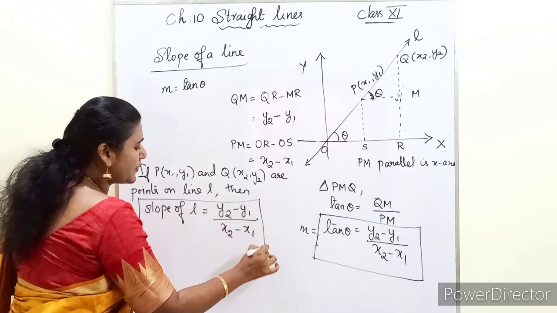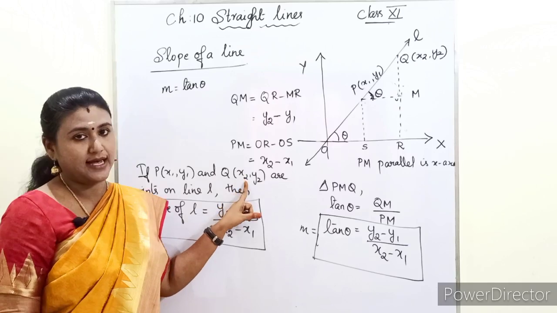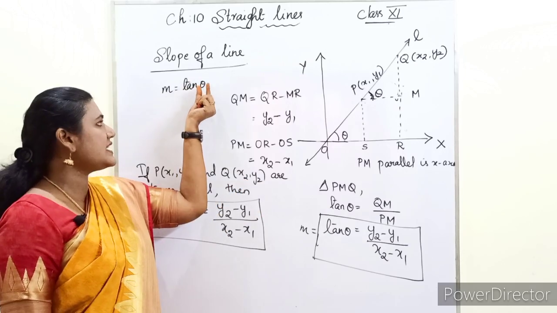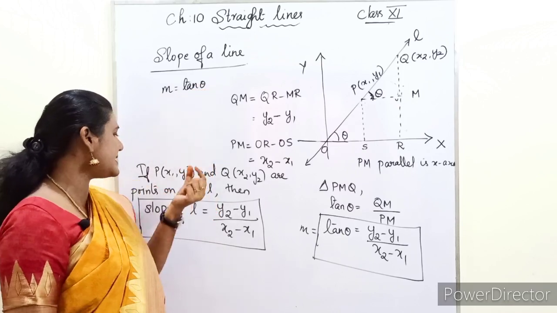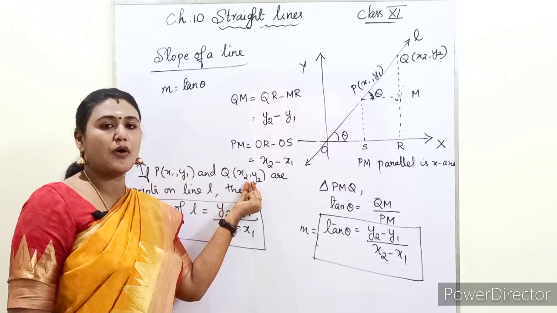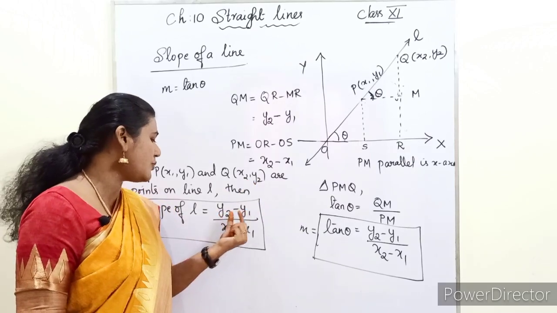So if the inclination angle is given, the slope is equal to tan theta. If the coordinates of 2 points on the line are given, then the formula is y2 minus y1